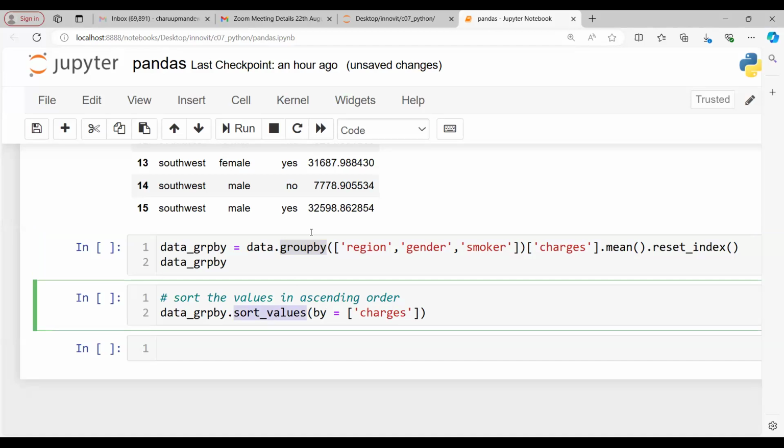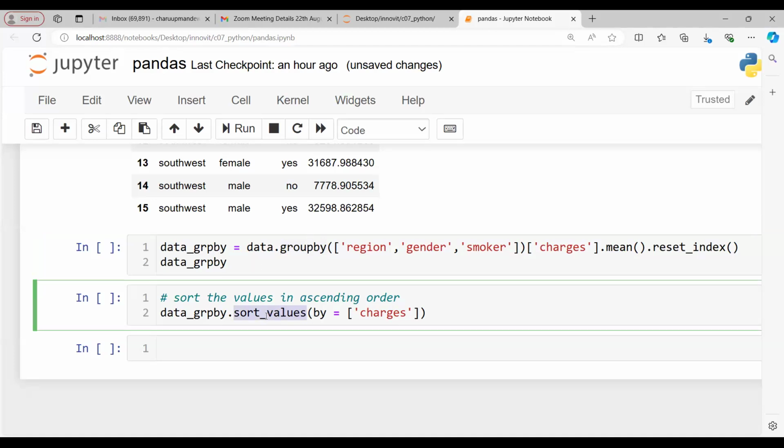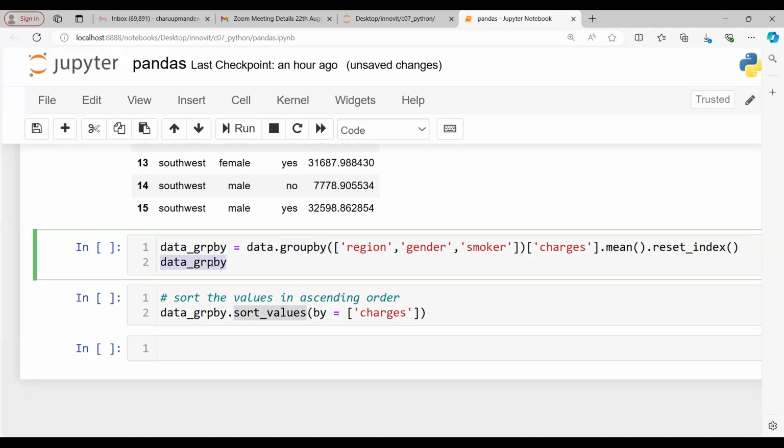Okay, actually, I used data_groupby.sort_values by charges. In that case, it is showing data_groupby is not defined. Do you have any data frame called data_groupby? No. data_groupby is a variable. How had I defined it? This is a variable which has a new data frame that comes after you